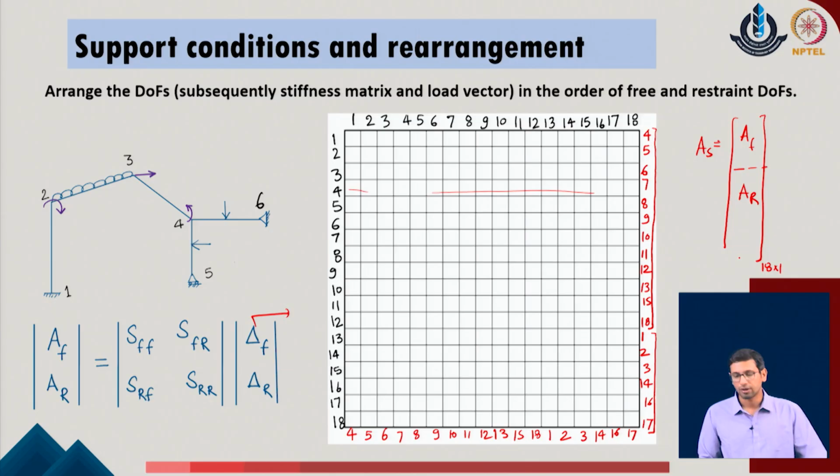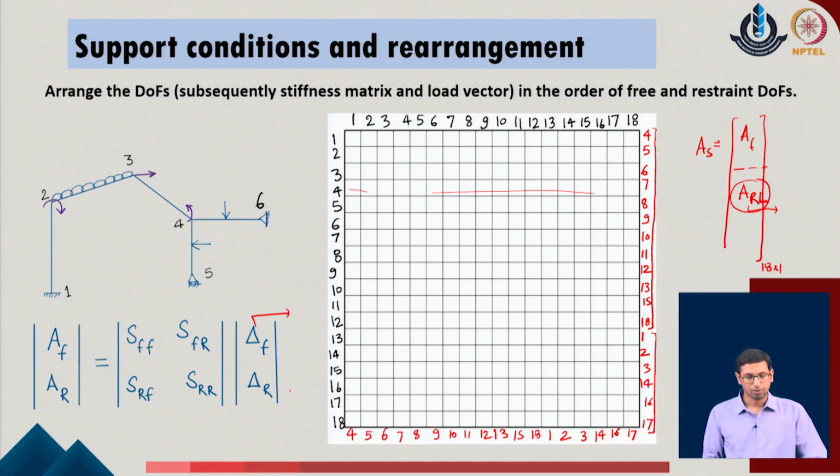The moment we do it, we realize that this contribution, which has of course been evaluated at the beginning with respect to the restrained components, is not the actual final value. So, we only say that this is the contribution due to the loading in the given part. Okay. So, this modification we keep here, that A of RL is the contribution of the overall load vector based upon the external loads which are active in the direction of the actual restrained degrees of freedom. So, this is a contribution which will not otherwise be evaluated in the system, and we will try to take the contribution of that in the last step.